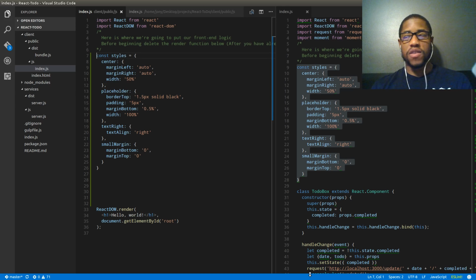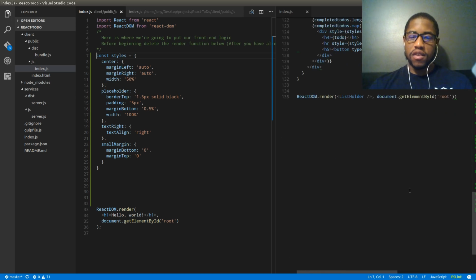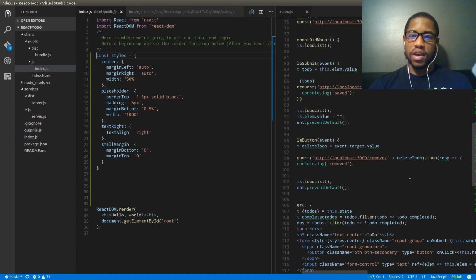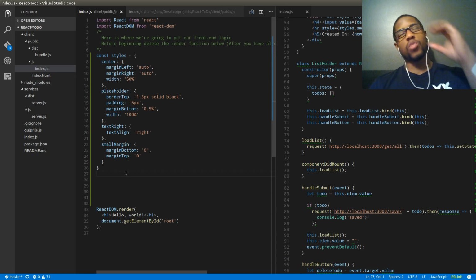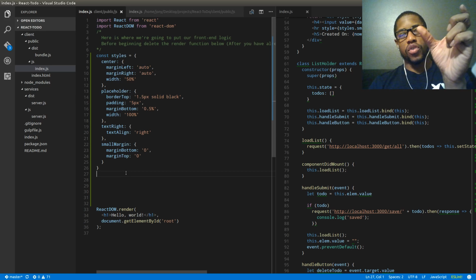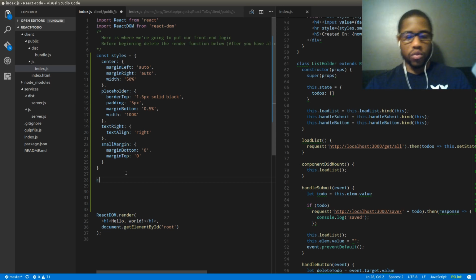If you thought what we did was cool, which it actually was, we successfully created a server, connected to a database, and we are now about to pull data from those two places. So bear with me so we can build the rest of the application. So here we go. The first thing we're going to do is create a list holder. Why a list holder? Remember, we're getting a list back from the server with all the to-dos. So we want to create it first, and then